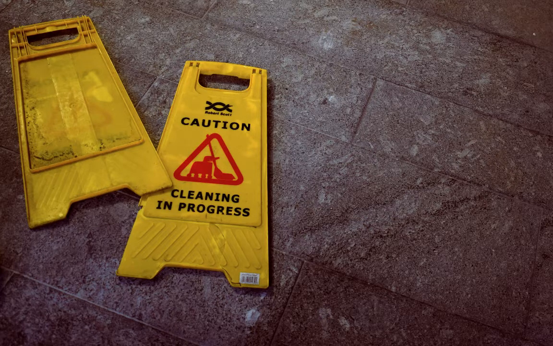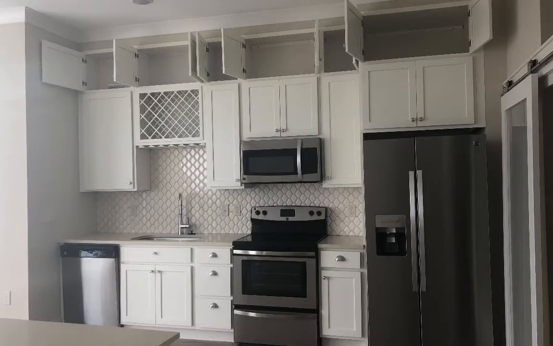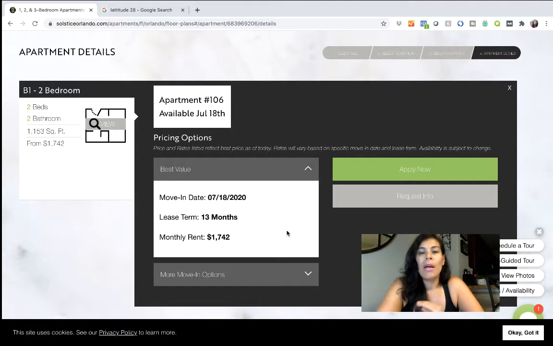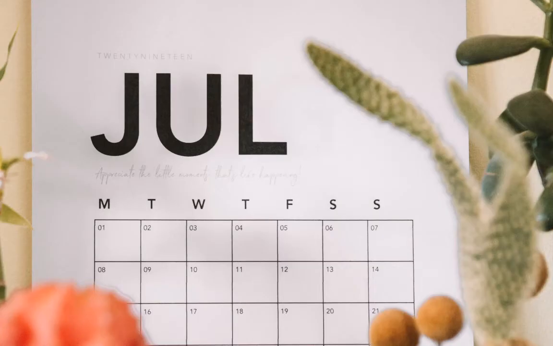So that's the reason they have a date, because they want to make sure that they're actually getting that apartment clean and ready for you. Now, they might tell you it might be ready sooner, so you want to ask them, would this apartment be ready sooner? And then you'll still probably have the same rate, or if they change the date, then the rates do change. So be very, very careful and be very specific on the day that you want to move in,